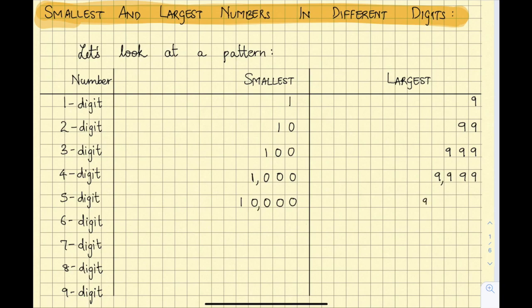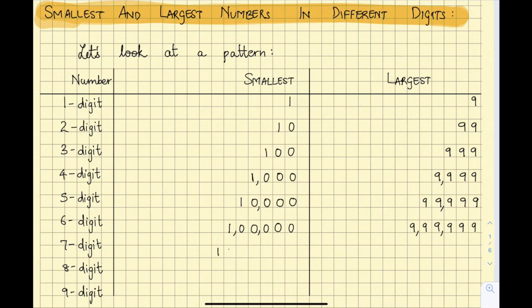And here we write 5 times the digit 9. So we get the largest 5 digit number, 99,999. Now for 6 digit numbers we write one more 0. So that is ones, tens, hundreds, comma, thousand, 10,000, comma, and lakh. And then we have the largest 6 digit number. We write the digit 9 6 times. So this gives us 9,99,999.